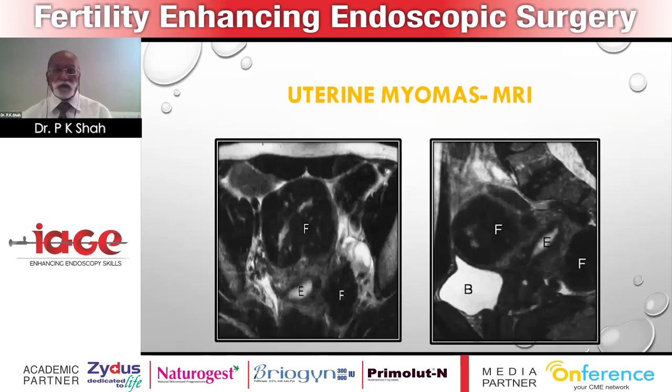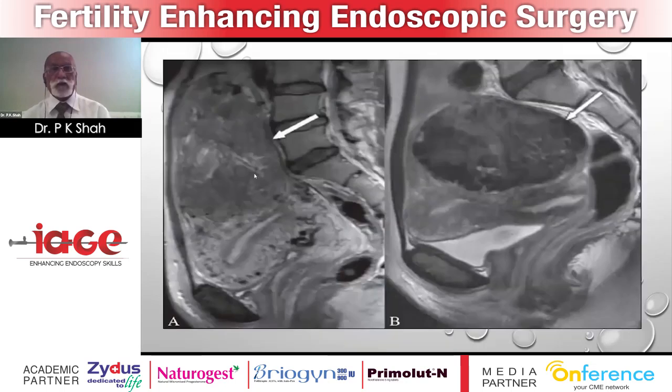These are a few of the pictures of fibroid. That's a fibroid. That is one more fibroid, and the same thing. See, this is the anterior wall fibroid, and that's a posterior wall fibroid. This is leiomyosarcoma that you can see. You always use the power Doppler to confirm.